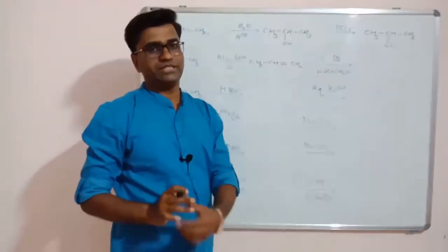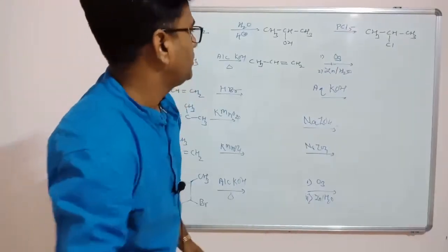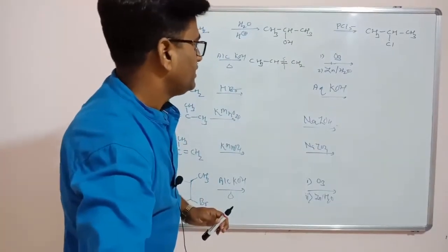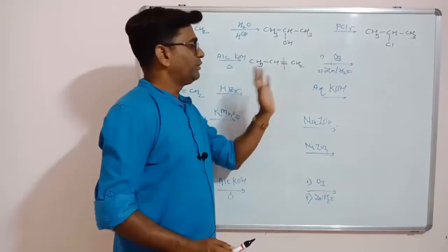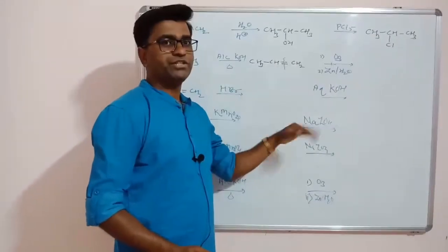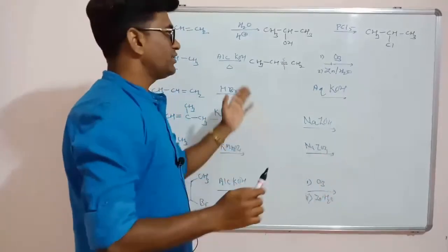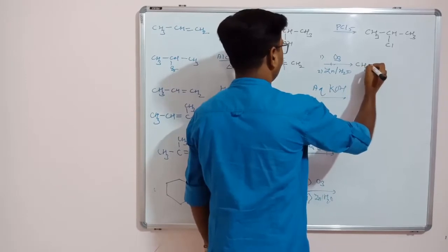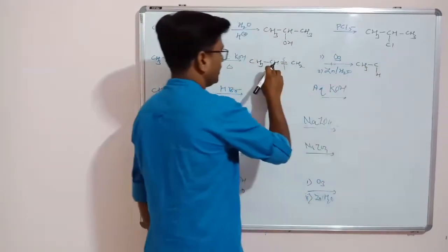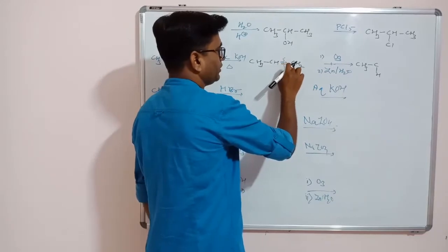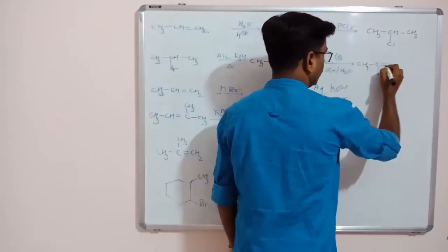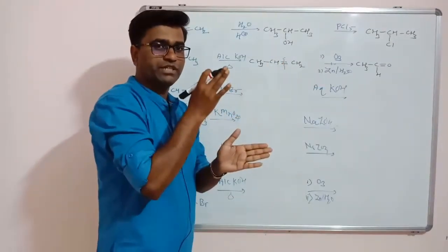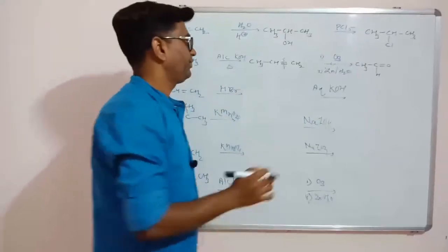Next reagent is ozonolysis. So I told you in the last example, this bond will break and form a bond with oxygen. So the double bond you have to write as it is, but instead of carbon you have to write oxygen. So this is an oxidative cleavage reaction. So these are the products here, CH3 CH, this H. This carbon had a double bond with the other carbon, instead just a double bond with oxygen. Because this is an oxidative cleavage reaction, the double bond will get chopped. So there will be two products.